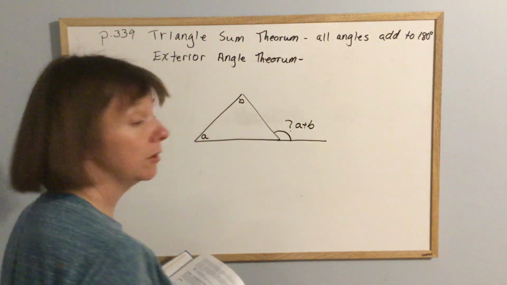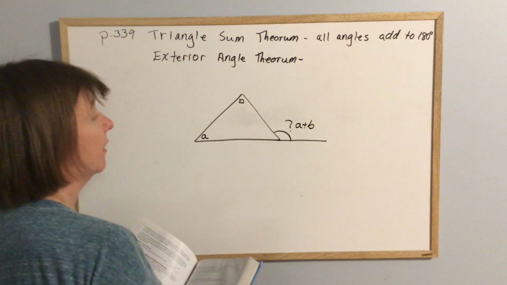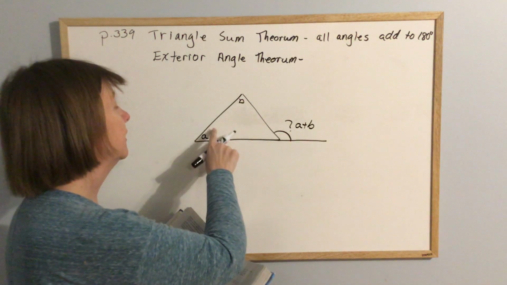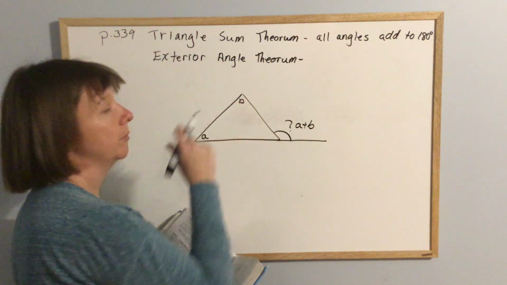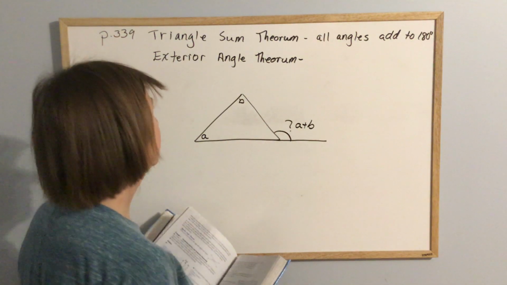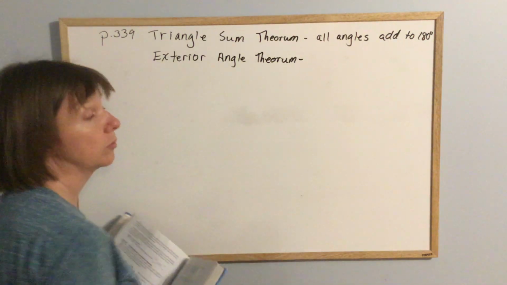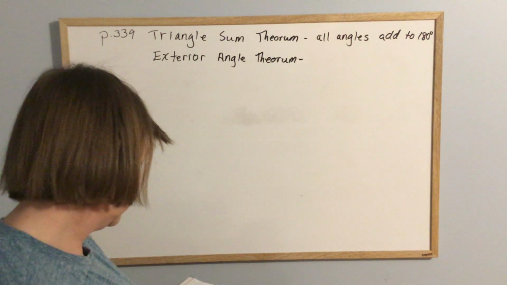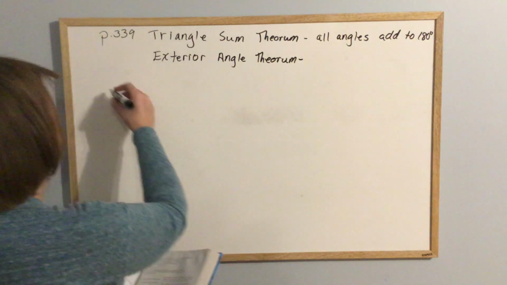But another theorem that you need to know is the exterior angle theorem. It says that the exterior, the outside angle on a triangle, is equal to the sum of, so adding, the interior opposite angles. So if I take A plus B, that tells me what that is. All right, that's the exterior angle theorem. And again, they have it in fancy words for you on page 339. So we're skipping all the way over to page 348,